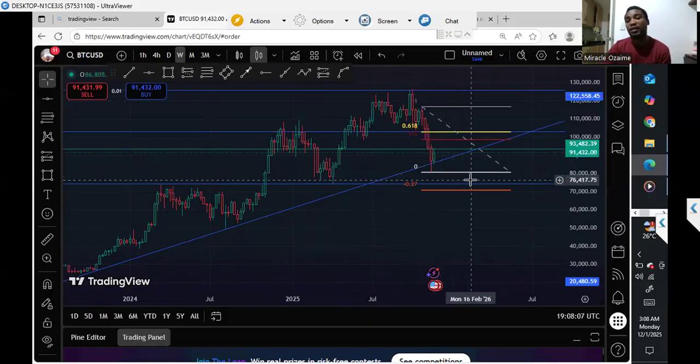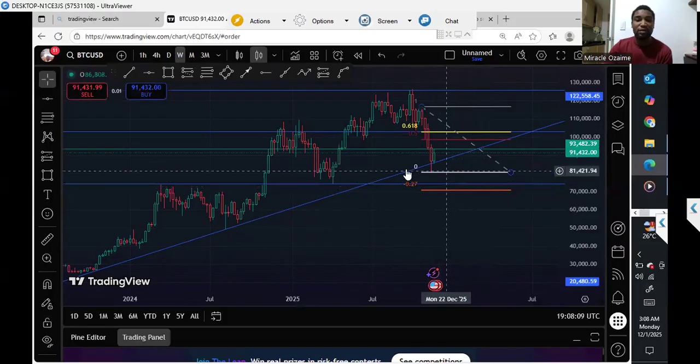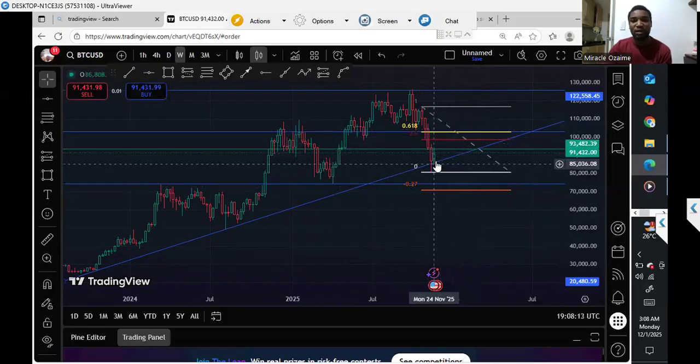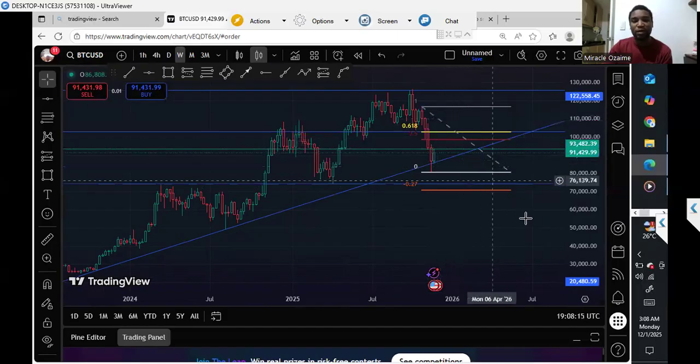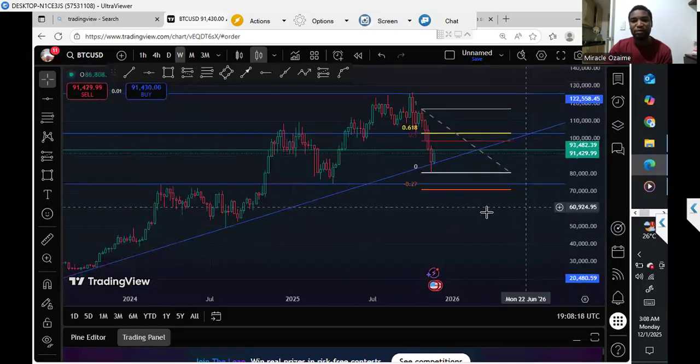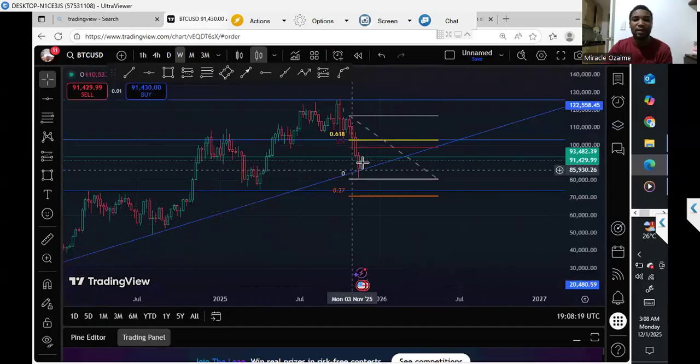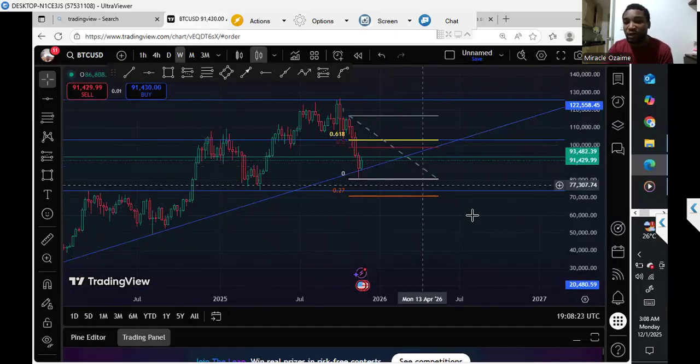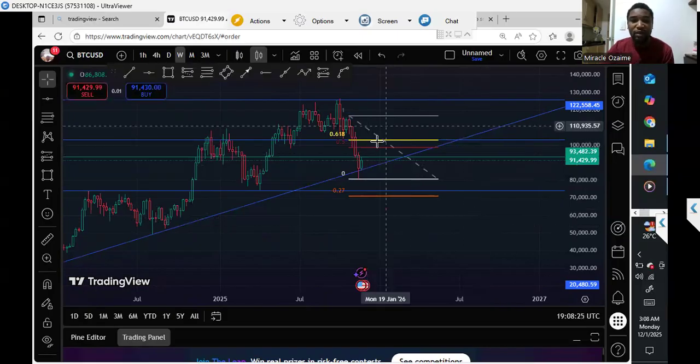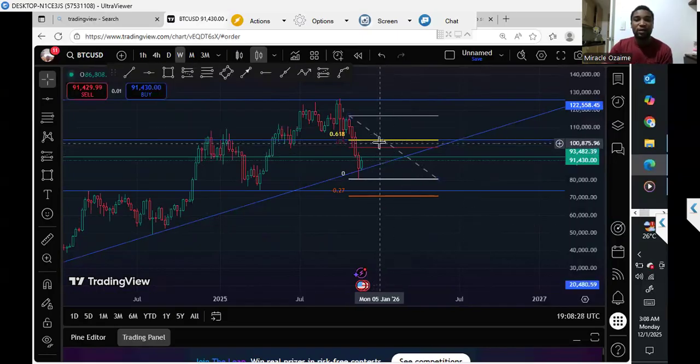So I'm looking at BTC because the trend line is still holding as of the moment, and this trend line can easily push the market up. So I'm looking to buy BTC to get to this region around the 100K region. If BTC gets to the 100K region, then I will know what's next for BTC, because if BTC gets to this place and